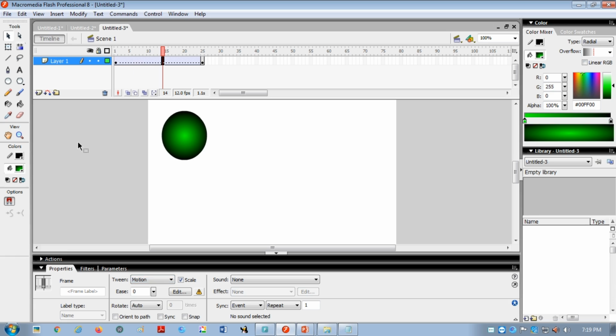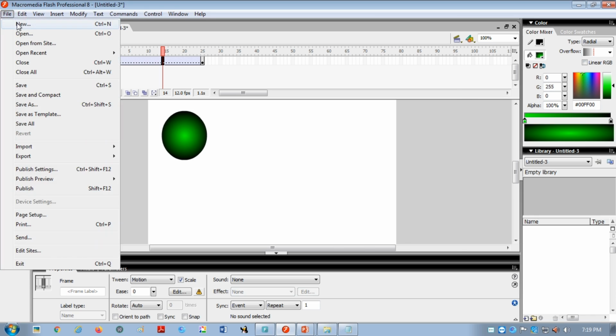So here what I have forgotten: whenever you want to do the motion tweening, जब भी कभी भी आपको मोशन ट्विनिंग करनी है तो सबसे पहले बॉल बनाने के बाद आपको इस पर्टिकुलर चीज को कन्वर्ट करना है सिंबल्स पे, okay? How? Let me again explain you.